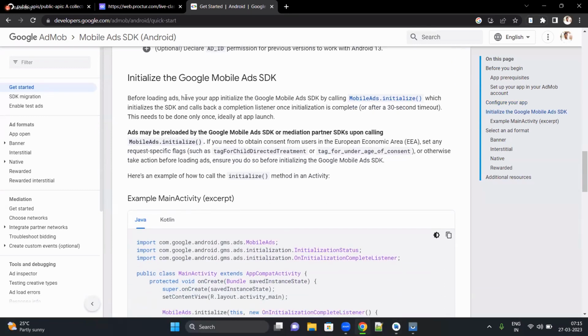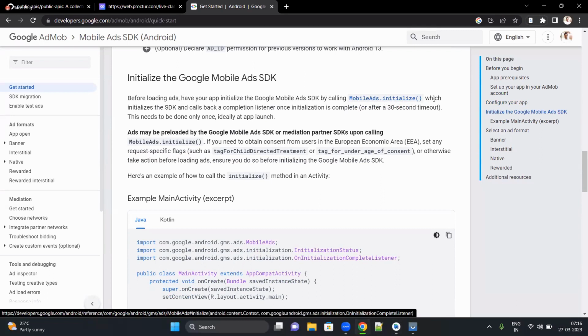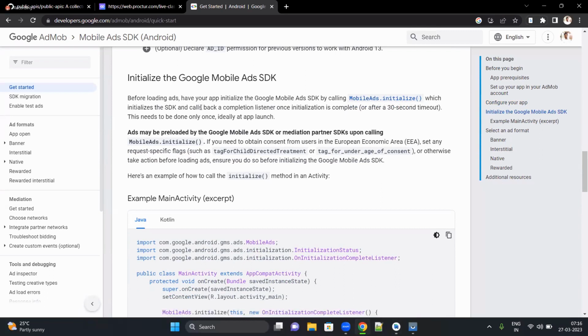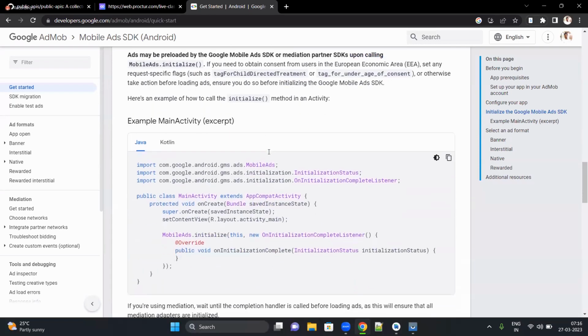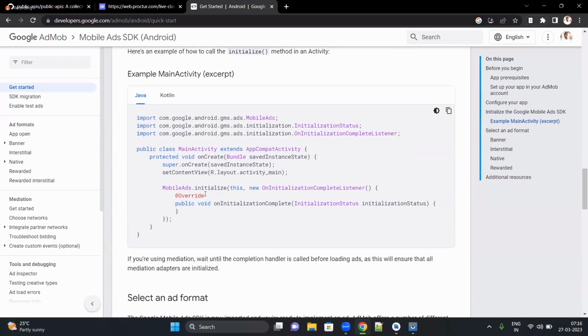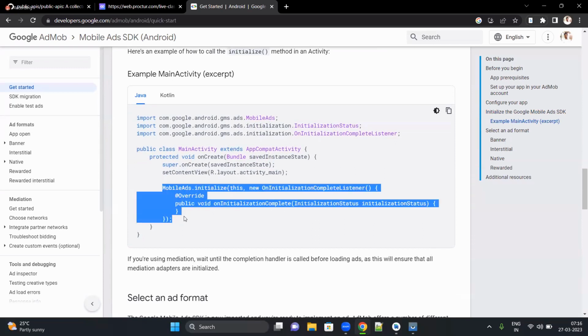Okay. So before loading ads, have your app initialize the Google Mobile Ads SDK by calling MobileAds.initialize, which initializes the SDK and calls back a completion listener once initialization is complete or after a 30-second timeout. This needs to be done only once, ideally at app launch. So there is some code written for us already. This one has to be copied without a miss. You copy this,